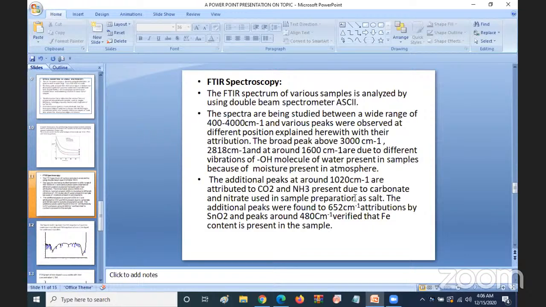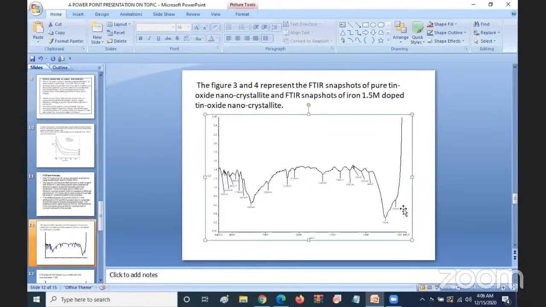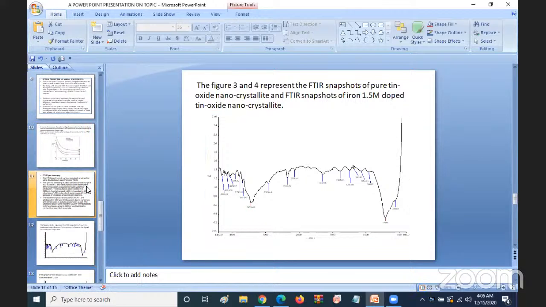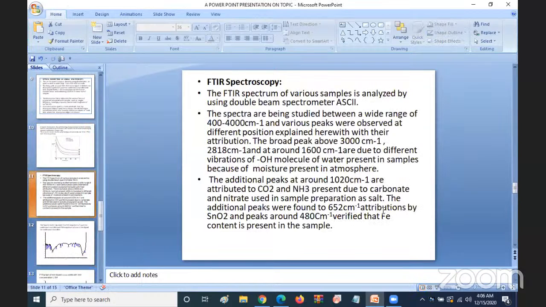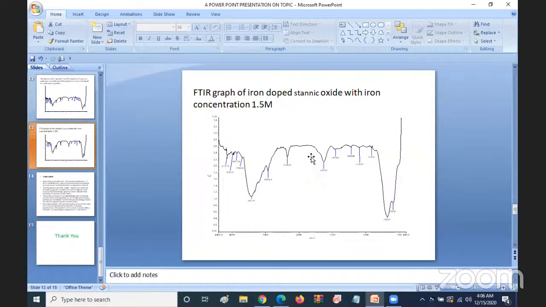various peaks are observed. Mainly we have observed the peaks around 750 and 556. These two peaks are the major peaks, shown here. The 652 is attributed to the SnO2 peak, and the 480 is verified by the Fe content present in the sample. This is also the FTIR figure of 15% concentration, and this is the photograph of 15, and the previous